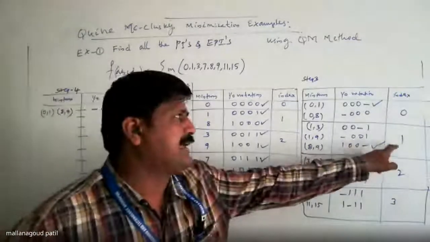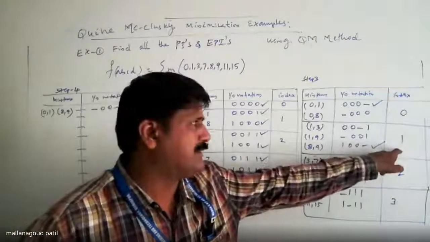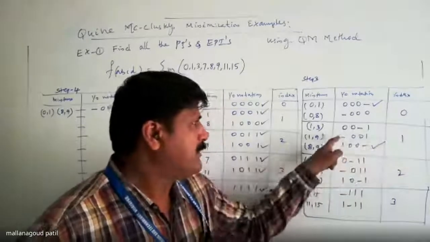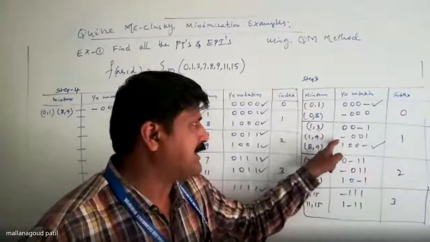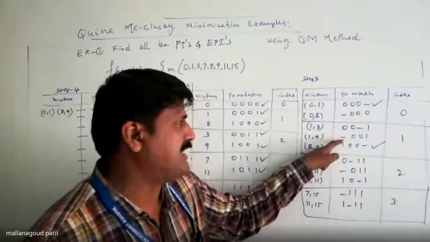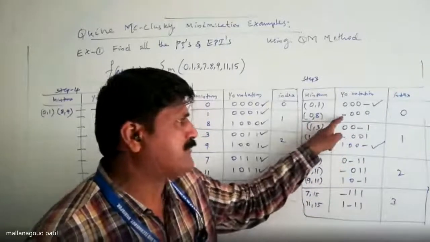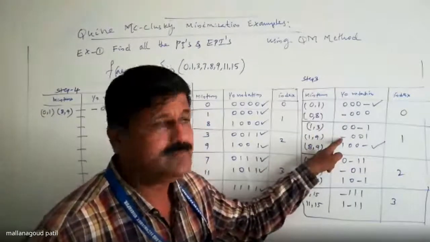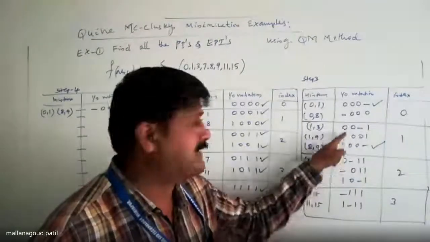In the second index, that is index 1, the second index block. Any minterm in binary notation, the first bit is dash. Yes, here 0, 8, the first bit is dash. Similarly, 1, 9, the first bit is dash. That is the only one among the 3.